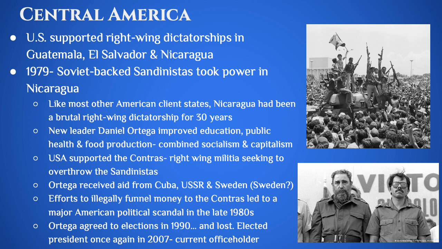Ortega finally agreed to elections in 1990, and he lost. And then he stepped down, which is what you're supposed to do when you lose elections. And Ortega actually did it. So this horrible, communist, evil guy agrees to hold elections and then steps down afterwards. Doesn't really sound all that evil, actually. And he's a good enough guy that you have democracy, more or less, in Nicaragua. And Ortega ran for president again in 2007, and he won. And he is still currently the president of Nicaragua.